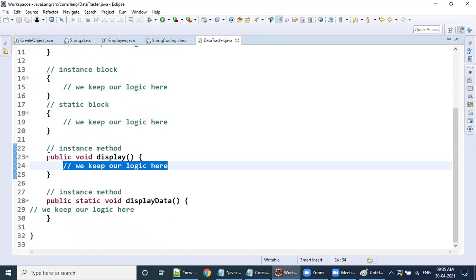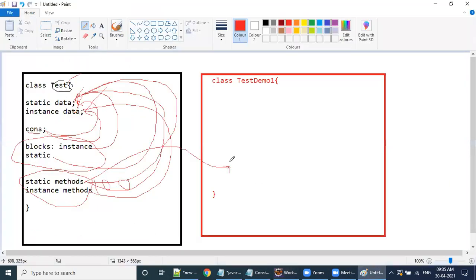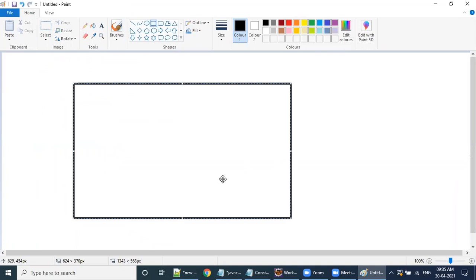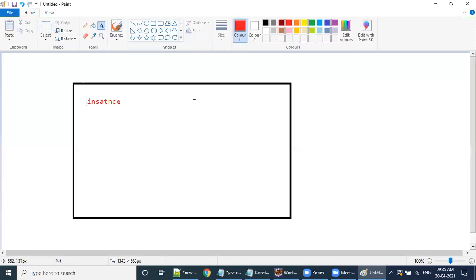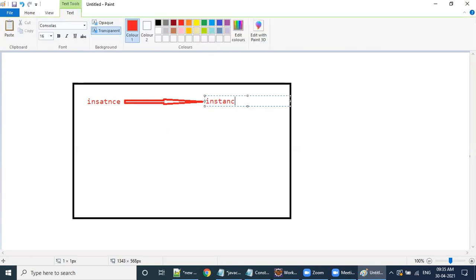Okay, now just to see here, whenever you see any accessing, suppose instance to instance.